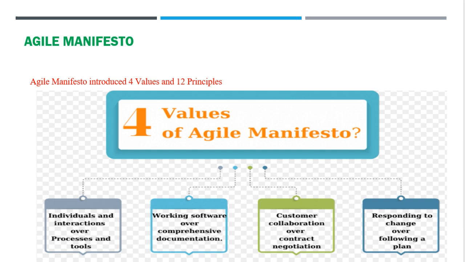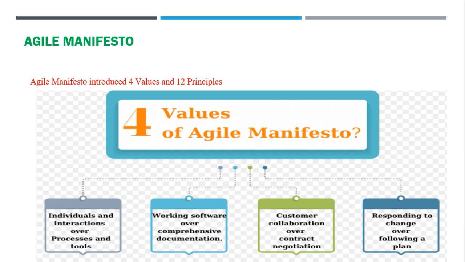Now, in the software development context, in a software development team also, the process might include defined workflows or methodologies, and tools could be project management software or a version control system. While these are important, the key to success is the collaboration and interaction among team members.